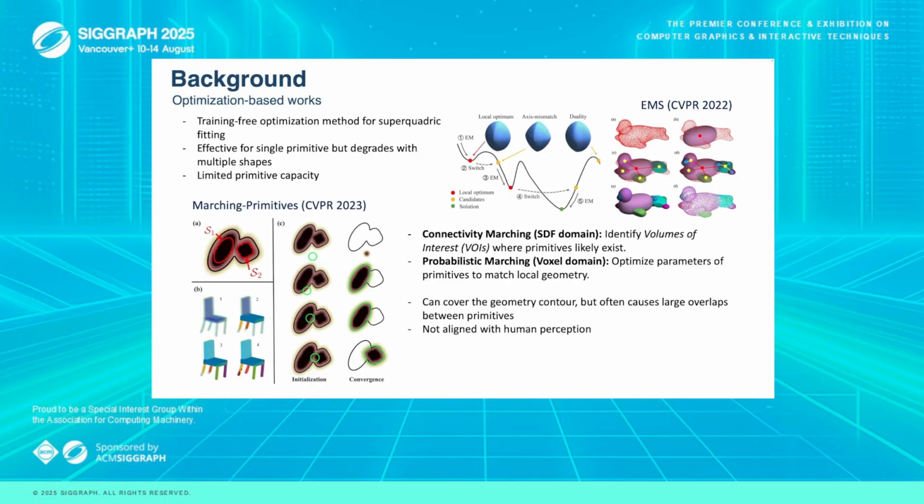Then there's margin primitives from CVPR 2023, which can achieve more fine-grained modeling. It uses connectivity margin to detect where primitives are needed in the SDF domain, then optimizes primitive parameters in the voxel domain for better local geometry conformance. While these can fit geometry counters, it often leads to overlapping or even coinciding primitives, which doesn't align with human